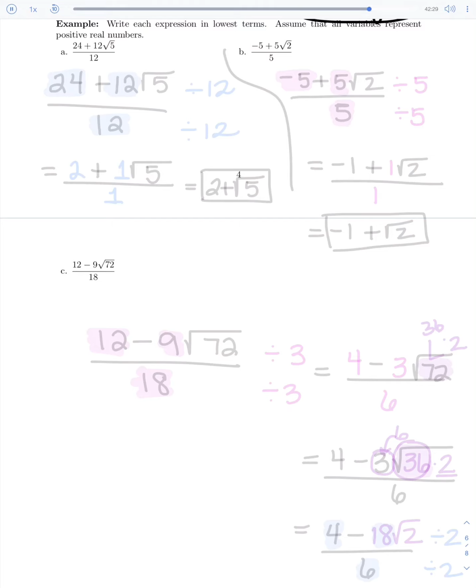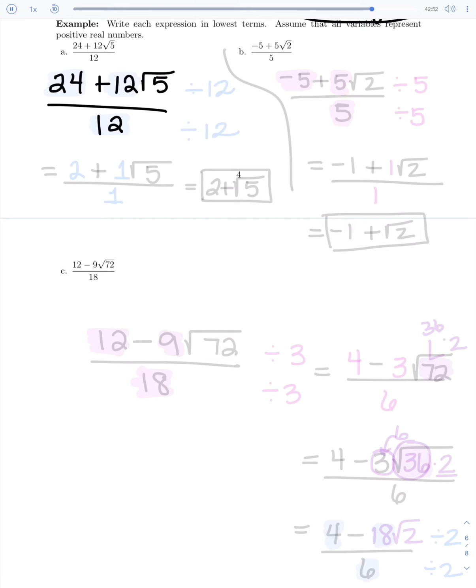Let's take a look at the next set of problems in A. So on A we have 24 plus 12 square roots of 5 all over 12. And the idea here is we want to be able to reduce or write this in lowest terms. So the way that I look at this is we're going to look at all the regular numbers, and notice